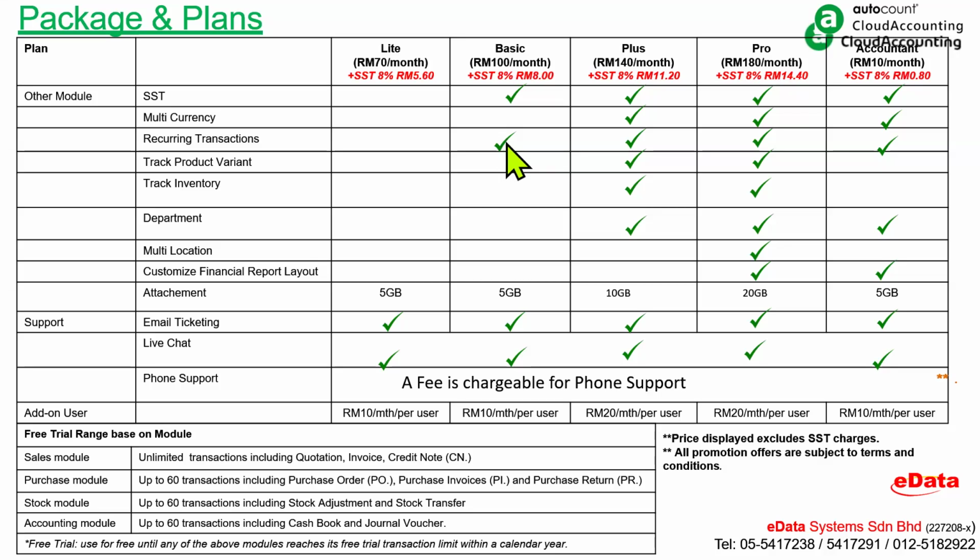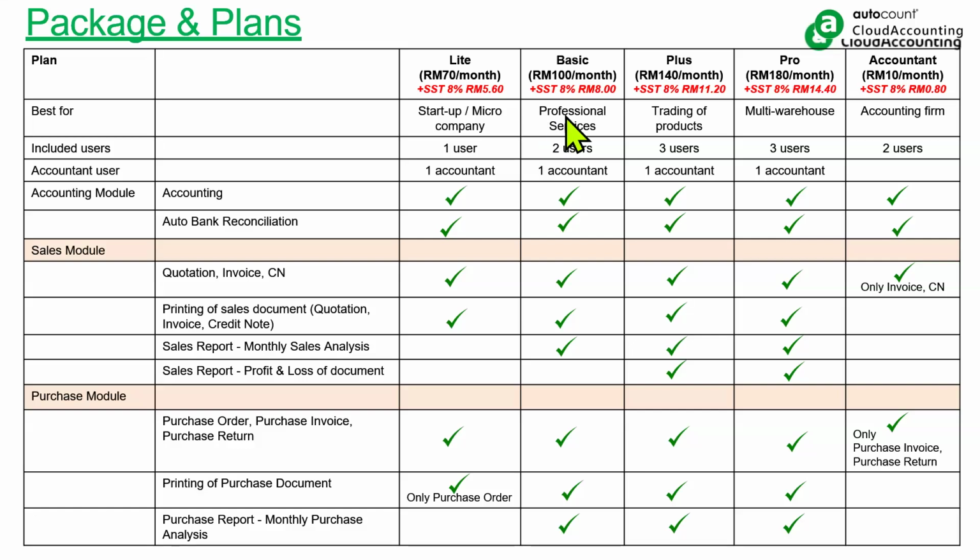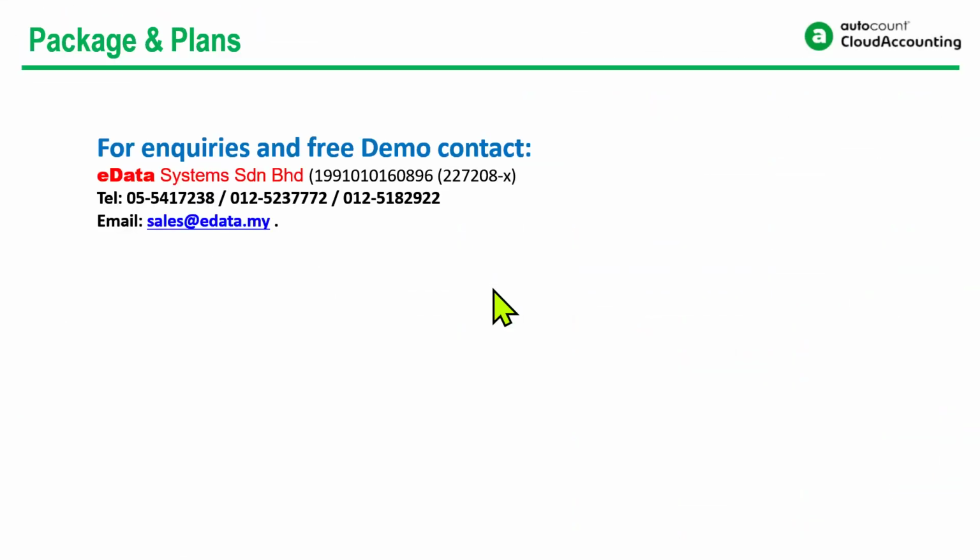And the recurring transactions. Okay, recurring transactions are normally for those who have recurring billing each month, then you can use this function. You can go for the basic plan. Otherwise, for those who are just doing small accounts, you can use the light version. Okay? So no need to worry. You can upgrade your plan as you use it. Okay. So that is so much for this introduction. Anything, you can always call us up. Thank you. Now I move on to the